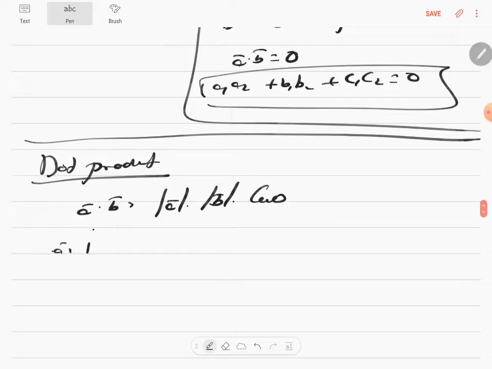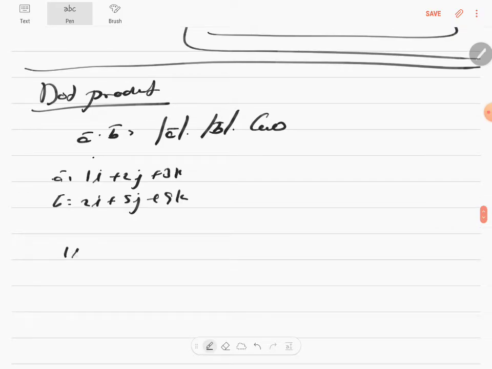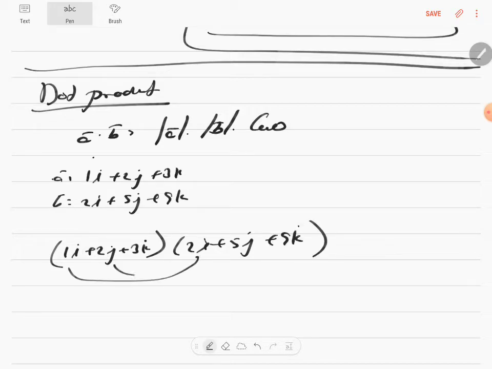A vector itself is 1i plus 2j plus 3k. B vector itself is 2i plus 5j plus 9k. They asked me to dot these two. I'll write it as 1i plus 2j plus 3k with a 2i plus 5j plus 9k. And you know I can only dot an i and i, a j and a j and a k and